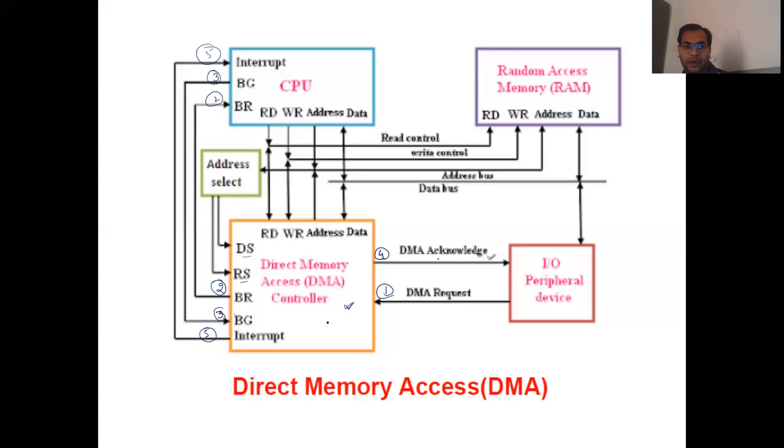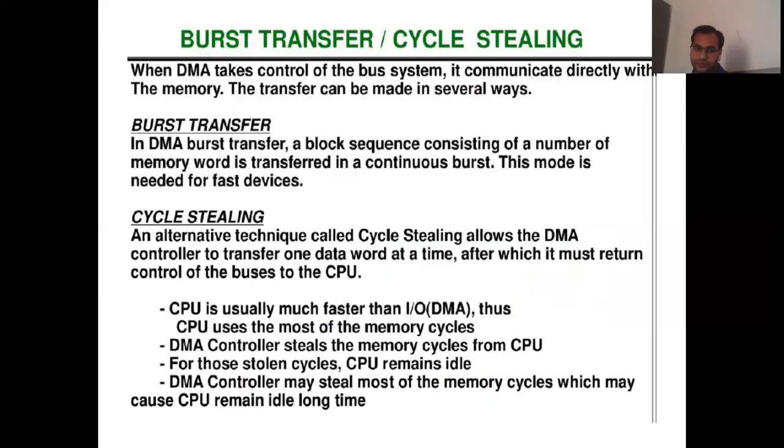One more thing, DMA can operate in two modes. DMA transfer can be made mainly in two ways. One is bus transfer, and the second one is cycle stealing. In bus transfer, the entire data is transferred at a time to or from the main memory. There won't be any processor involvement in bus transfer. But when we talk about cycle stealing, the processor is doing its work. In between, the DMA will steal one cycle and transfer one data. Again, the processor starts working.